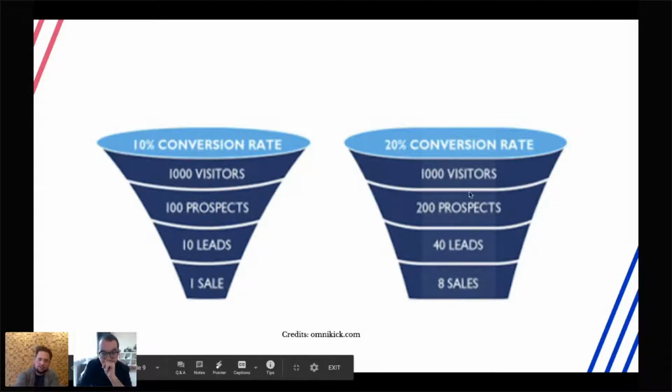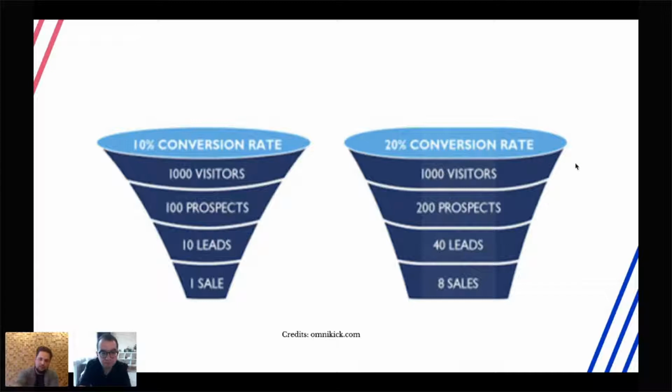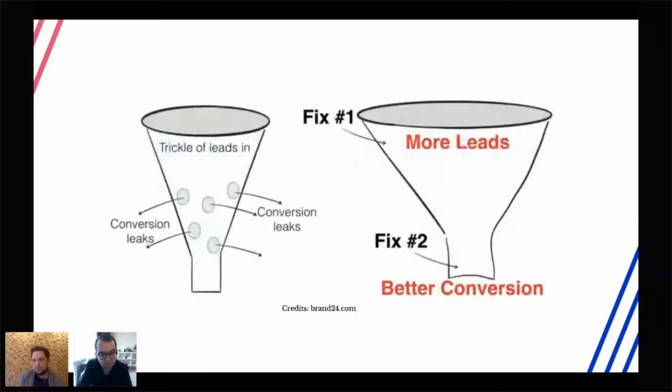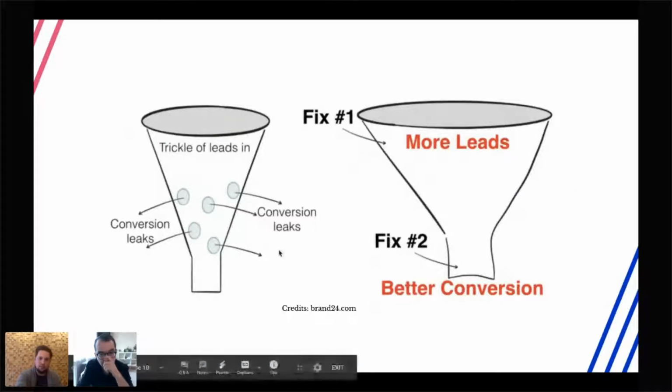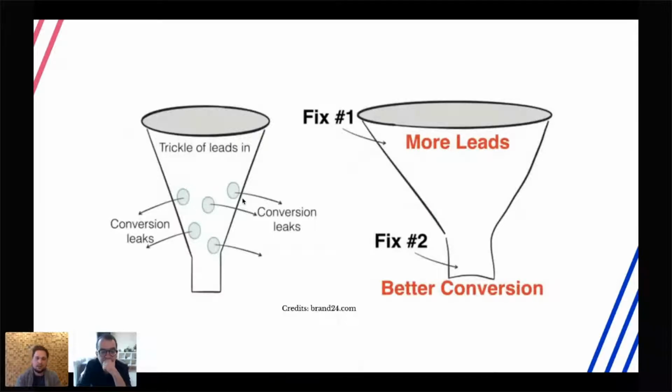And by increasing this conversion rate on these lower stages, and actually across every stage, we see that very simple changes in communication, and providing sales enablement materials to the company is doing the trick. So basically, this whole concept is based on identifying where are the conversion leaks in your funnel, and there are two ways